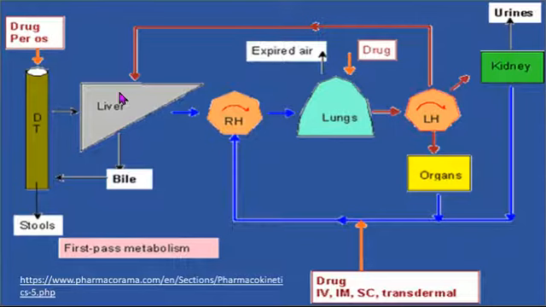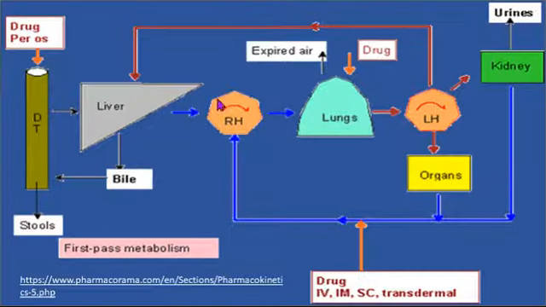Oral drugs, drugs per os, per the oral route. Some are lost with the acids in your stomach. Then they get into your liver, and they lose some in your first pass effect, which is metabolized and excreted in your bile and then your stools. And then the rest that is absorbed in that portal system goes on